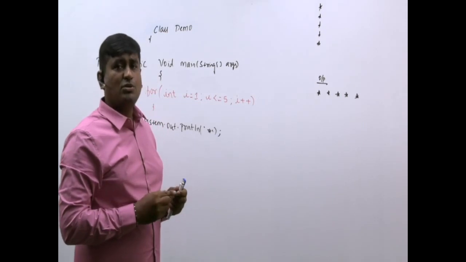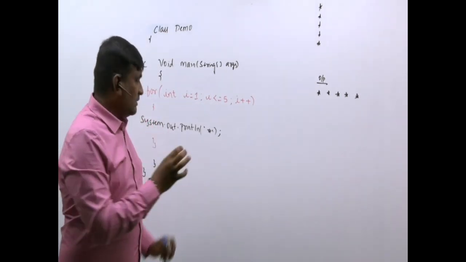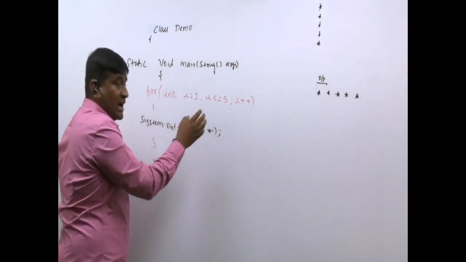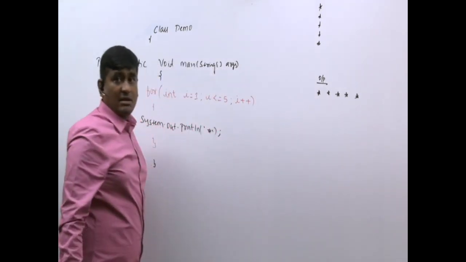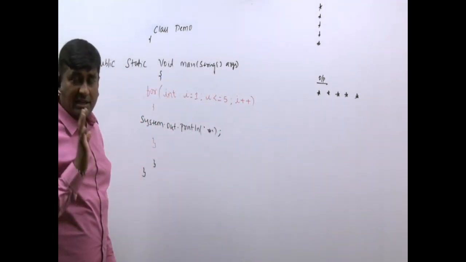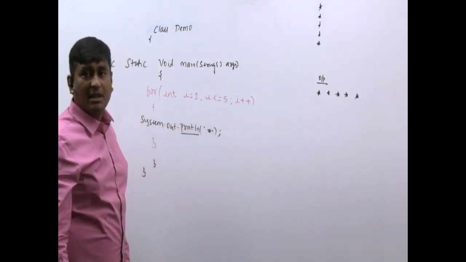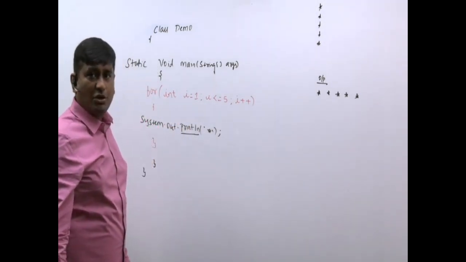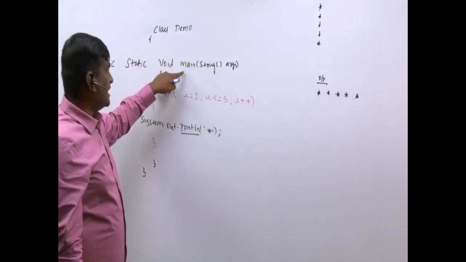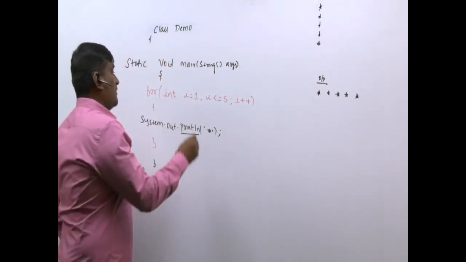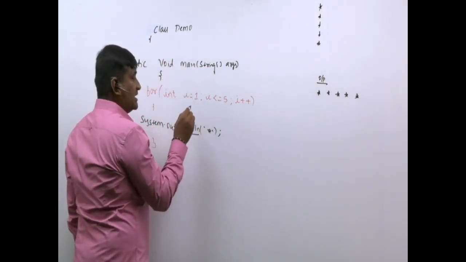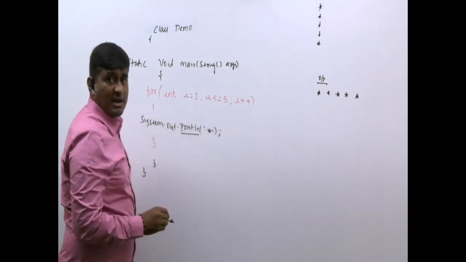Oh, how to do that, sir? Very simple. One small change if you make in this program, this will be your output. But what is that change? Before me telling that, you should understand how println will work in Java. As normal, when I execute, the control is given to the main method. The control will come inside the main method. Now, first part, the initialization will get executed. So, I value becomes how much? 1.